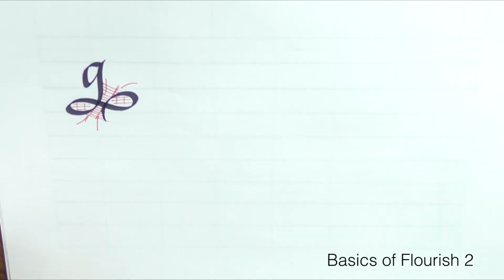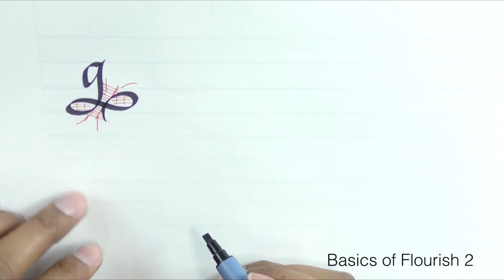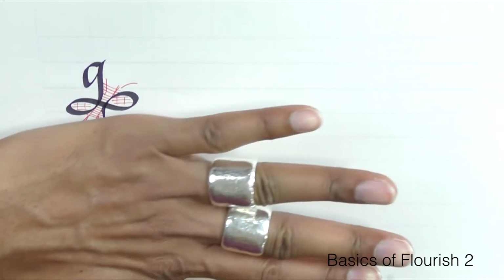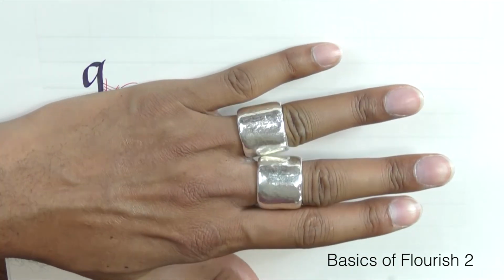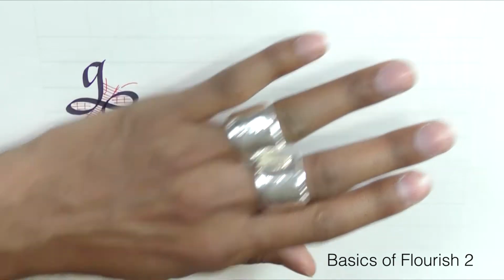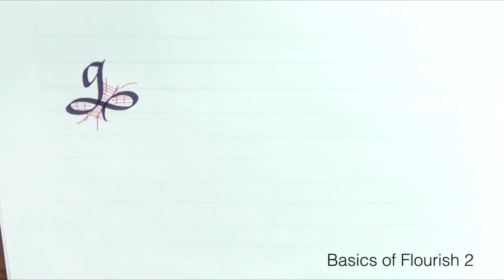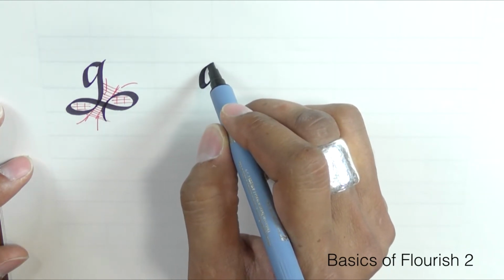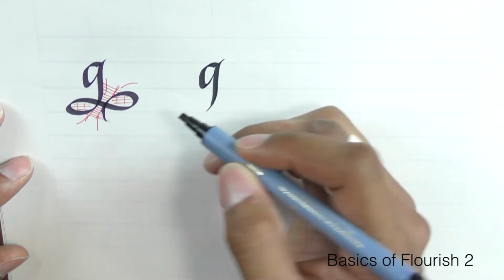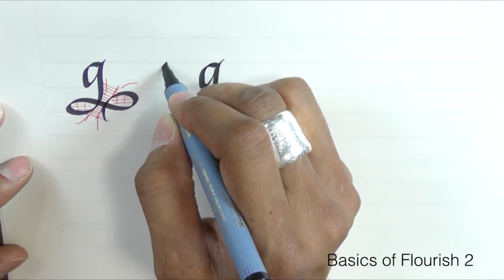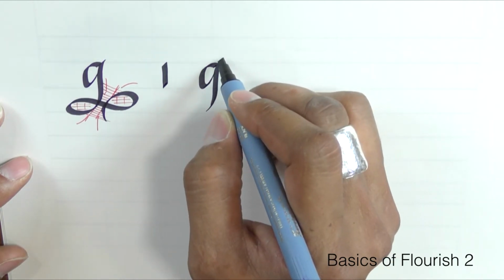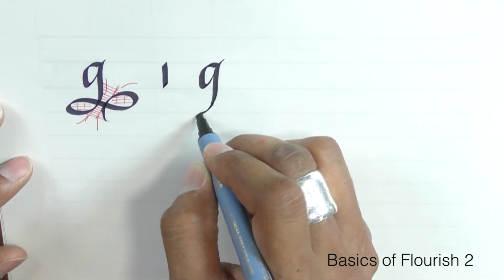Now, flourishing with a broad edge mark is a little bit difficult because you have to sometimes compensate for the weight of this. So if you look at the G without the flourish, what you see is the G. When the flourish is there, you look at the flourish. So what I tend to do, so this is the angle of the pen, I tend to change the angle to a flatter angle. So I've gone back into the flourish, I've picked it up,